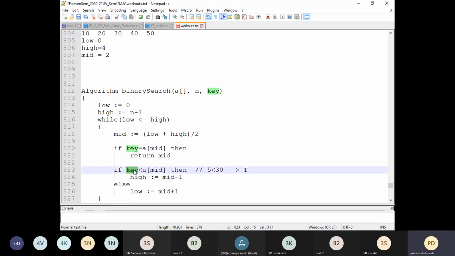Whenever the key value is falling on the left side, we need to adjust our high value to 1 less than the mid value. Or else, if the key is greater than the mid element, then we need to readjust our low value. In that case, our new low value will be mid plus 1, as I explained in the previous example.